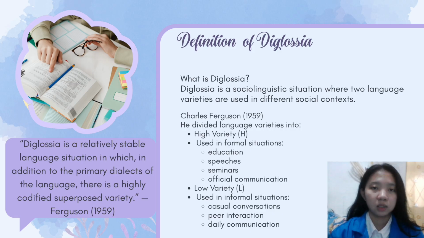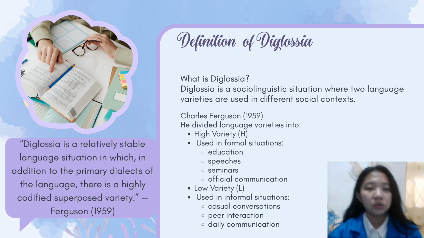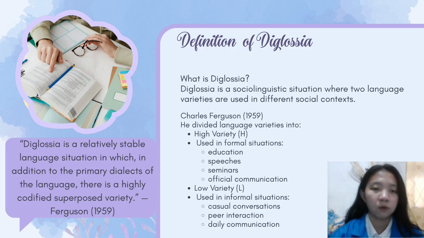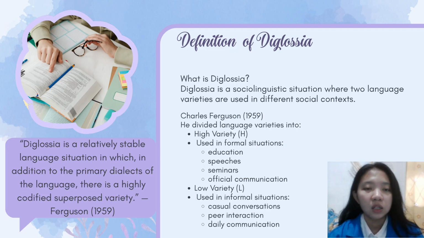Definition of diglossia. What is diglossia? Diglossia is a sociolinguistic situation where two language varieties are used in different social contexts. Charles Ferguson explained that he divided the language varieties into high variety, used in formal situations such as education, speeches, seminars, and official communication, and low variety, usually used in informal situations such as casual conversation, peer interaction, and daily